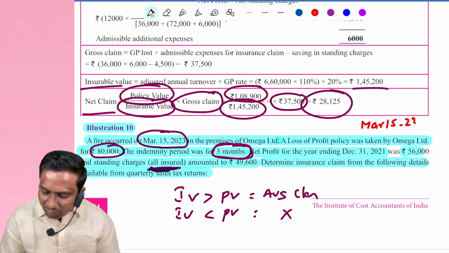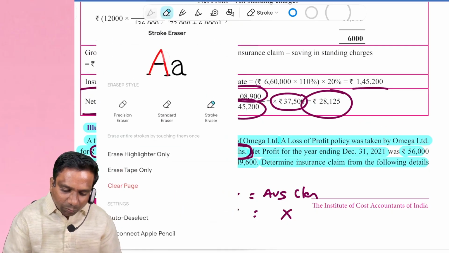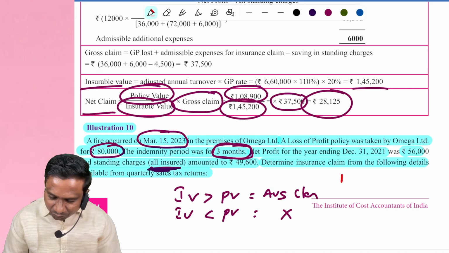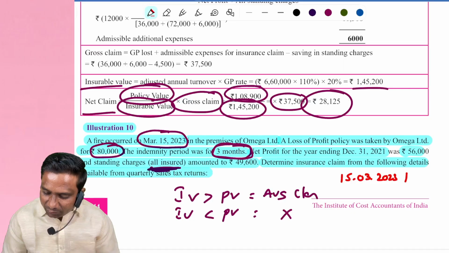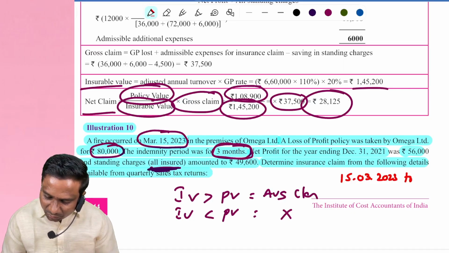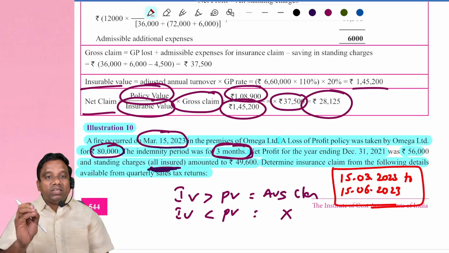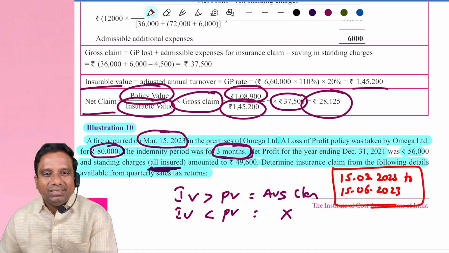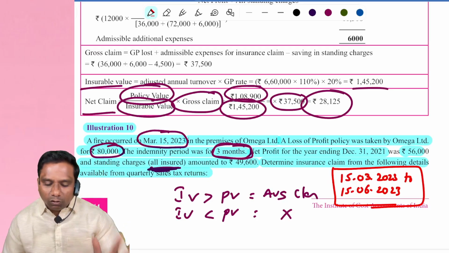March 15, 2023. Or I will write it like this. What is the business disruption period? Tell me. 15th March 2023 to 3 months later, 15/6/2023. This is our business disruption period. Is this clear, everybody? Yes, sir. Fine. Now, looking at this paragraph,